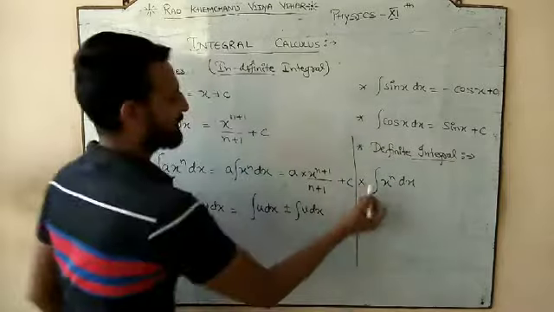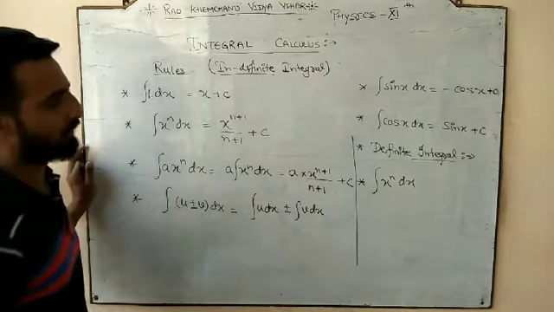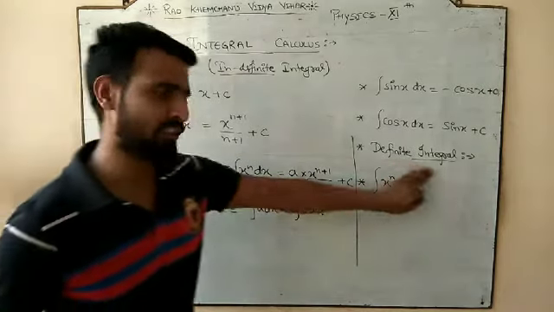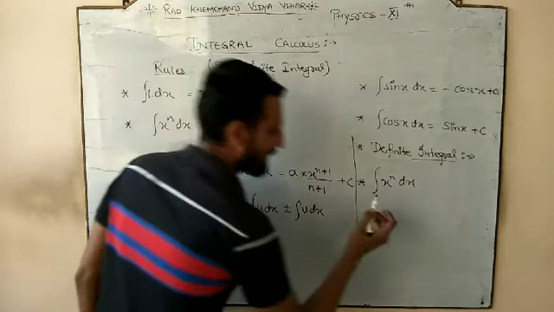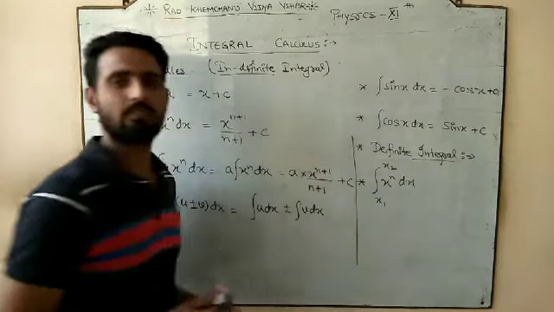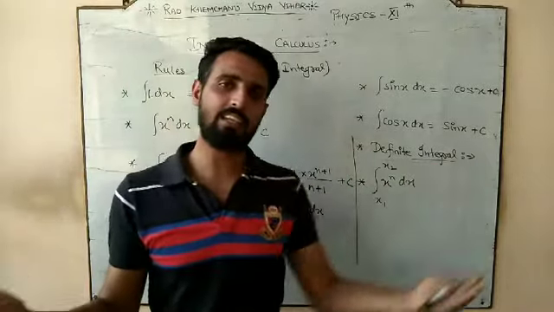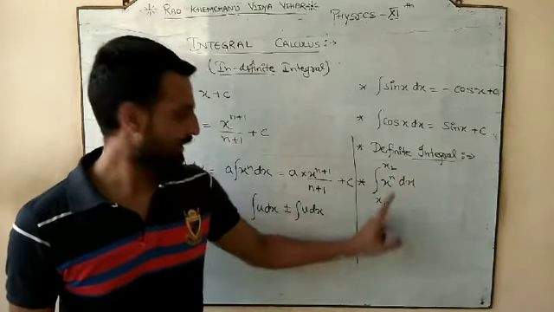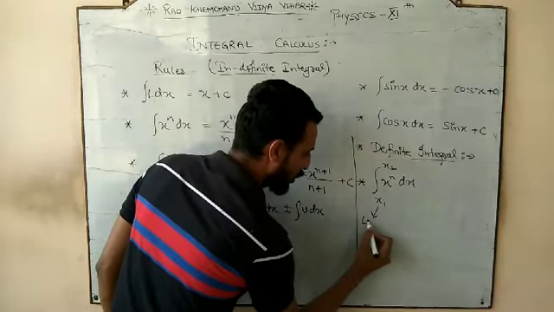So all the rules that I discussed with you, 1 2 3 4 5 6, all the 6 rules that I have discussed for the indefinite integral, are applicable for the definite integral. So for definite integral, rules are the same, but there is a limit. If I say that I want to study from x1 to x2, so I want x power n as a total. मुझे x power n का total चाहिए कि ये function कैसे vary कर रहा है in the total. But I want to study that integral from where to where? x1 to x2.